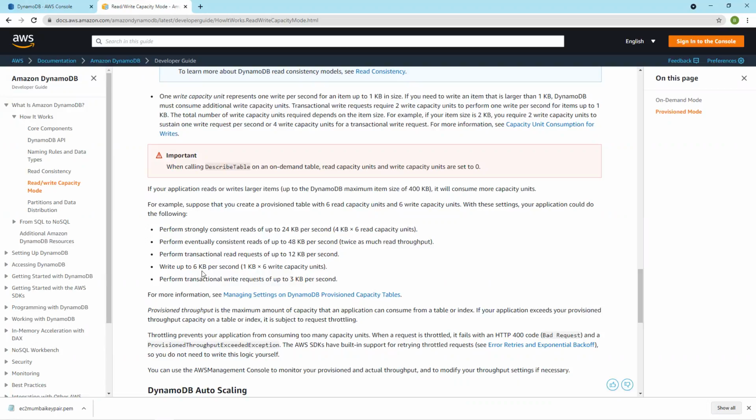If you want to write 6 kilobytes, you have to use 6 capacity units. If you are using somewhere around 500 bytes, it will not be calculated as a half. AWS will treat it as one capacity unit, and you will be charged for one capacity unit. Same thing with read and write.